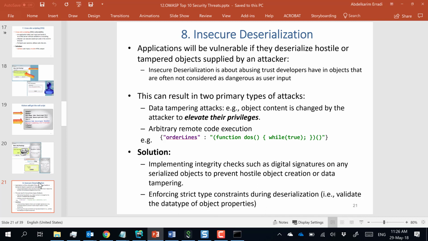What the server will do, it will deserialize it to be able to create the object again and do whatever it needs to do with the object. So this serializing and deserializing is so common these days when you build web applications. Now, this comes with some risk again. Some of these objects that are serialized and sent from the client to the server, they could have some malicious code embedded in them. So, for example,